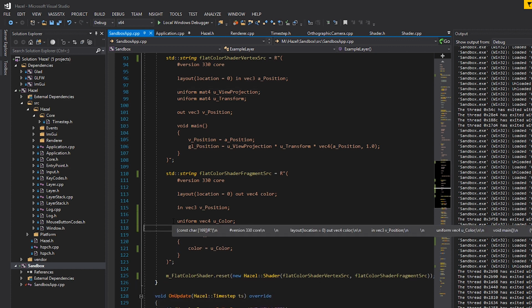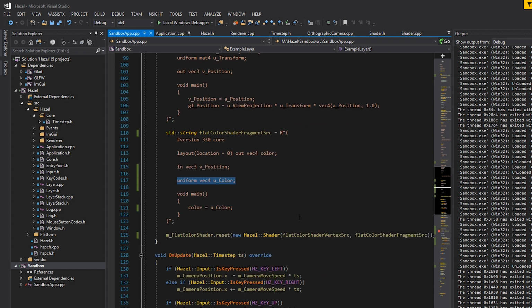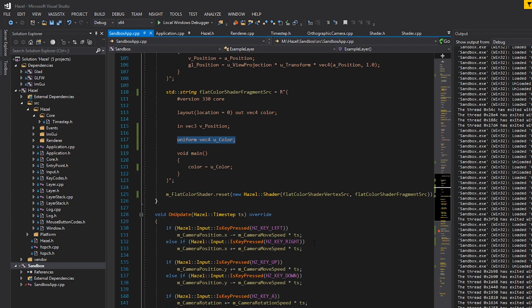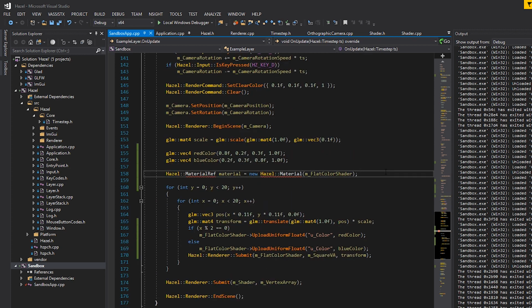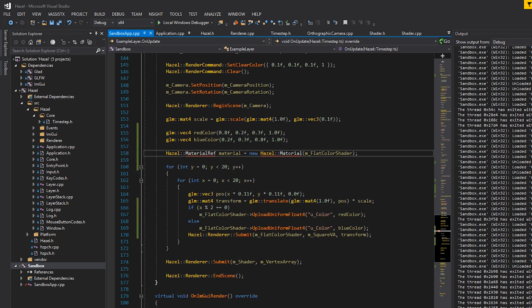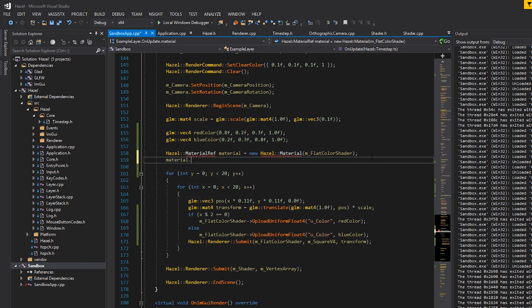But we also have another group of uniforms, which is to do with specifically the material. So we need to take those uniforms and create enough storage, some kind of backing buffer that actually stores all the data that we need. And that's typically what would happen upon constructing a material. Once we have that storage, we'll be able to do things like